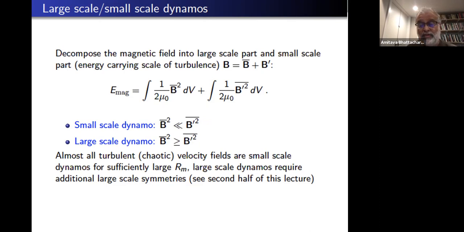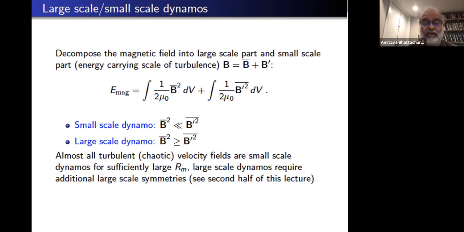The large scale dynamo is different. It's the opposite of the inequality, whereby the mean field energy is comparable to the fluctuation energy or much larger. So almost all turbulent or chaotic velocity fields are small scale dynamos for sufficiently large Rm. This is the characteristic of MHD turbulence. You're not generating a lot of mean flux because you're not getting a lot of mean field. What you're getting is a lot of fluctuations varying in space and time with a lot of energy, but not